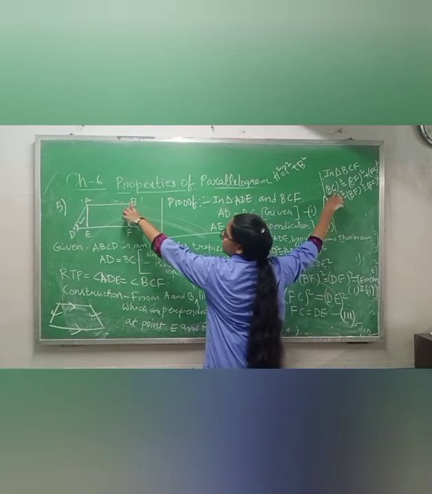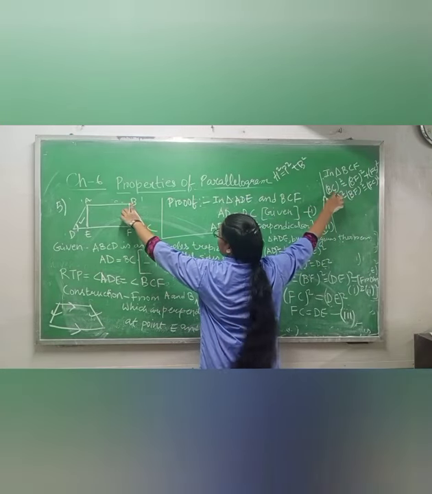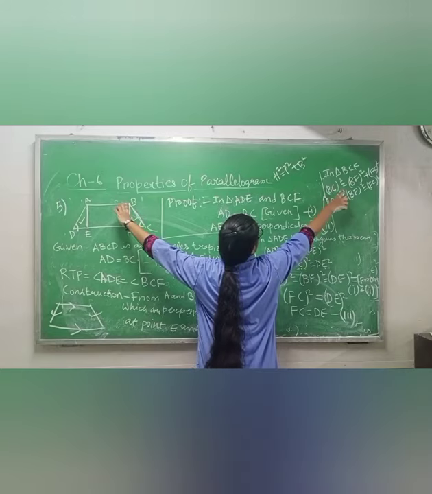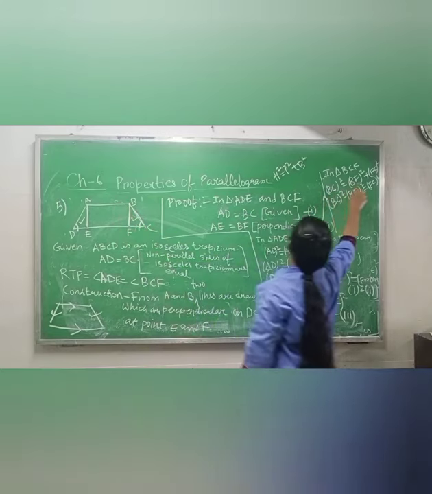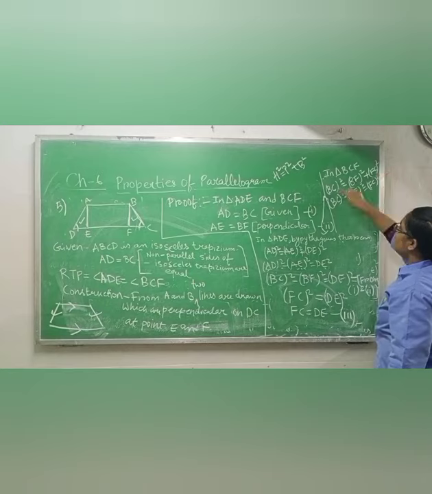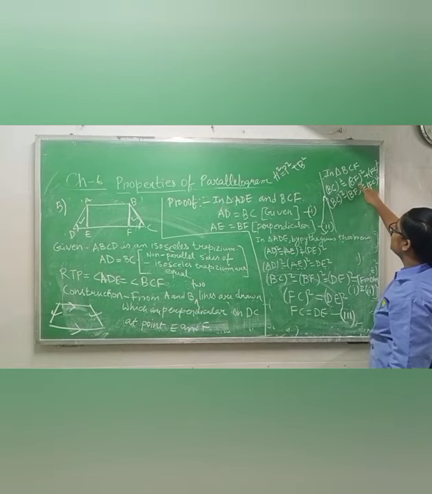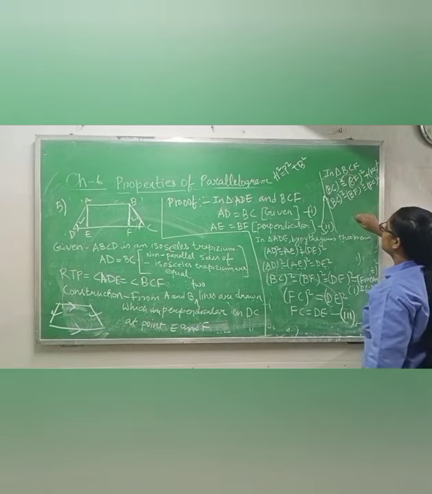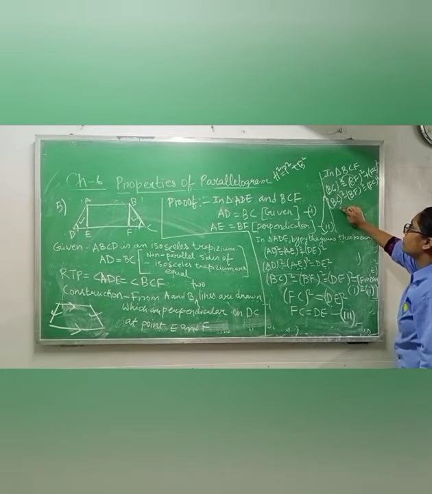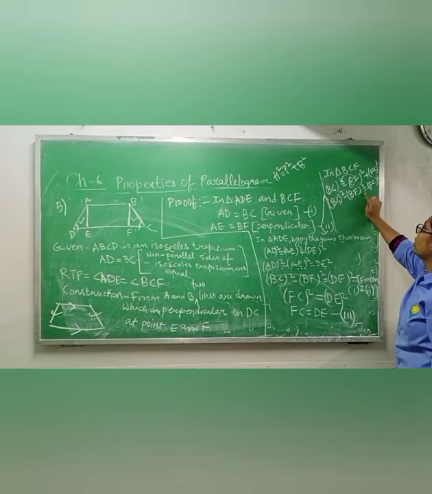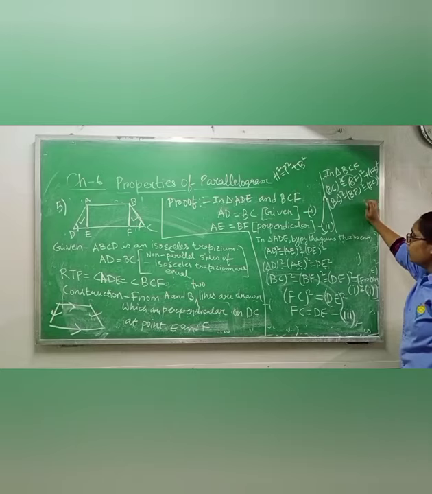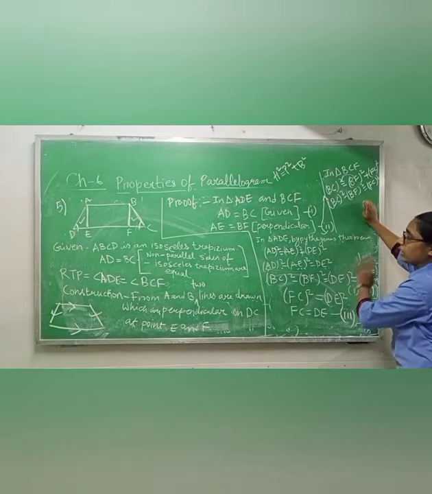H is BC, so BC square equals p square, BF square, plus FC square, base square. So from here I am taking this BF square to this side, and it will become minus: BC square minus BF square equals FC square. Why I am doing so, I will tell you.